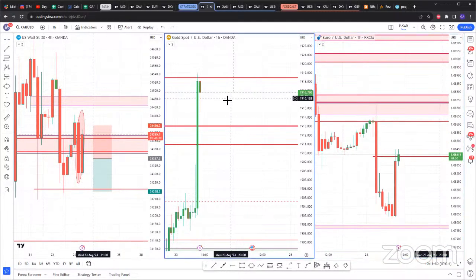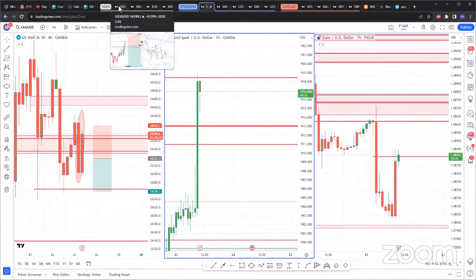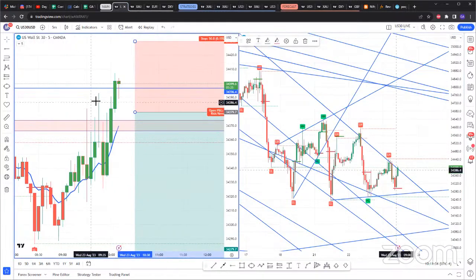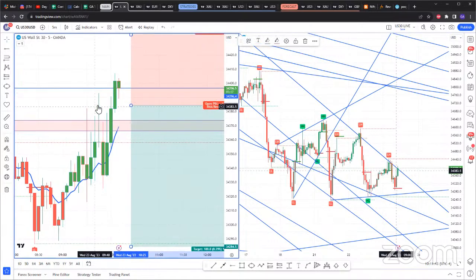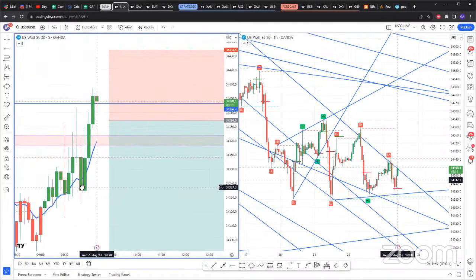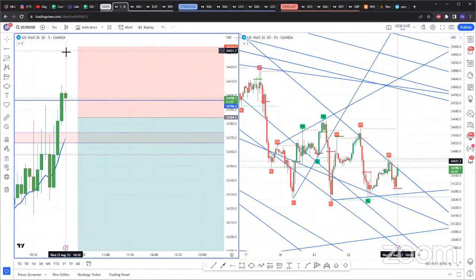I don't have any trades for gold. The only trade I have is for US 30. So at that point, my decision is then I take my US 30 trade. If I don't even have a trade for US 30, then I'll just call it a day, or I would go ahead and look for another instrument. But more than likely, I'll just call it a day. But that's ideally how I would be looking to analyze the markets.